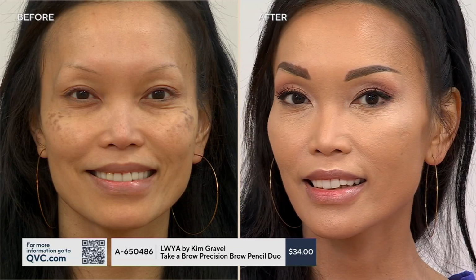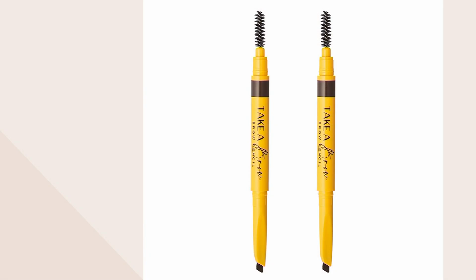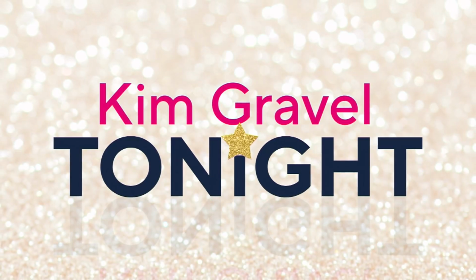As Jane is changing, there is Sheila's before and after. She hardly has any hair. If she does, it's very fine. And with the brow product, you have it. All you have to do is pick